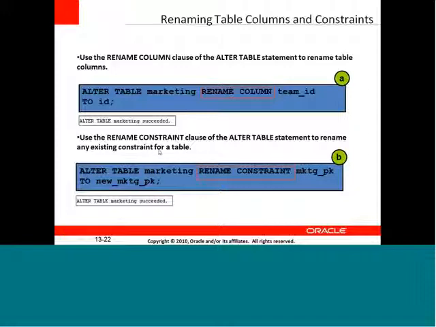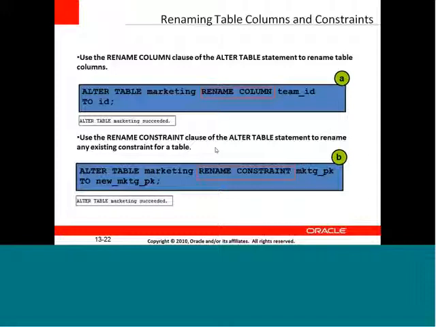Now use the rename constraint clause of the alter table statement to rename any existing constraint for a table. Alter table table name, rename constraint marketing PK to new marketing PK. Yes. Because the name has been given even to a constraint also, right? So if ever I want to change the name of the constraint which is present in the database to another name, then all the possible changes can be done with the term rename.